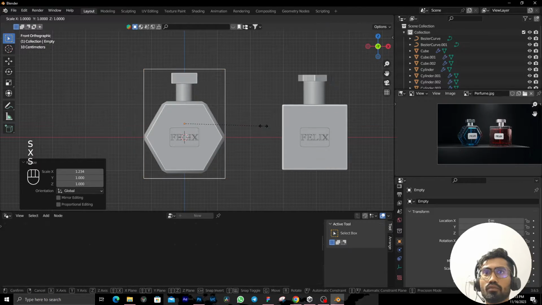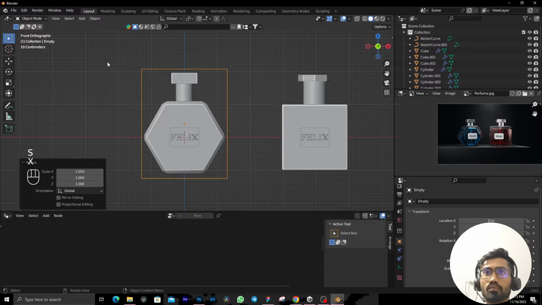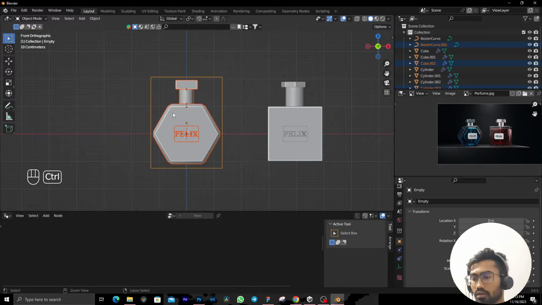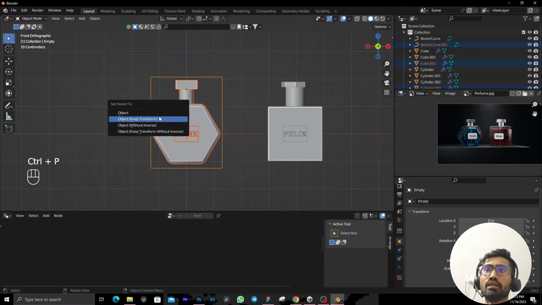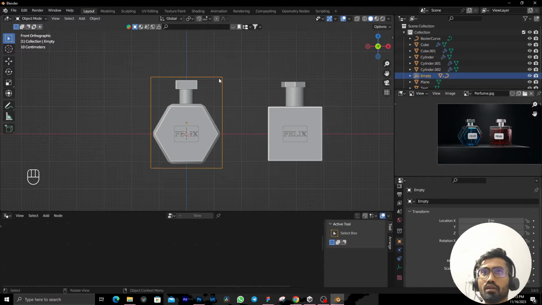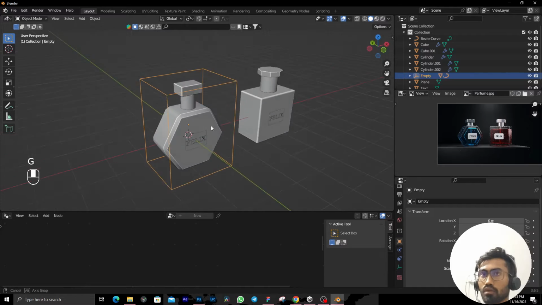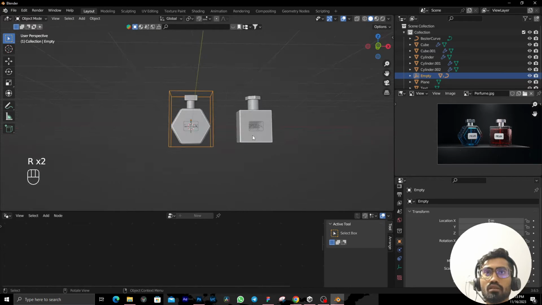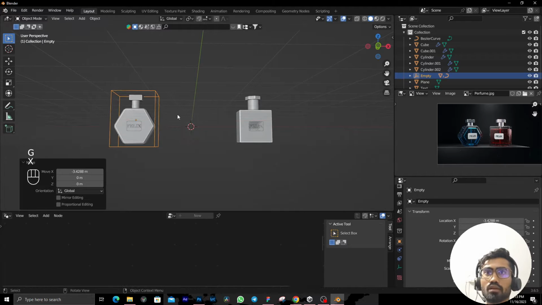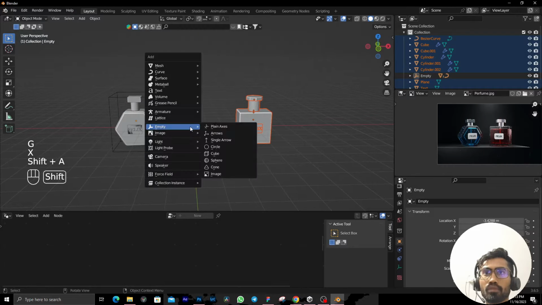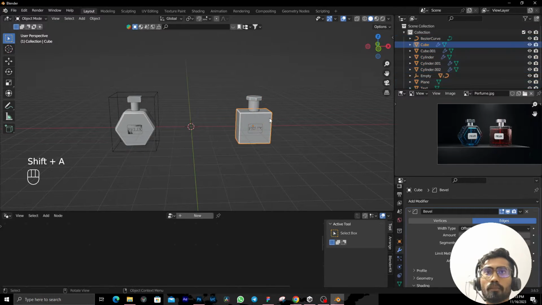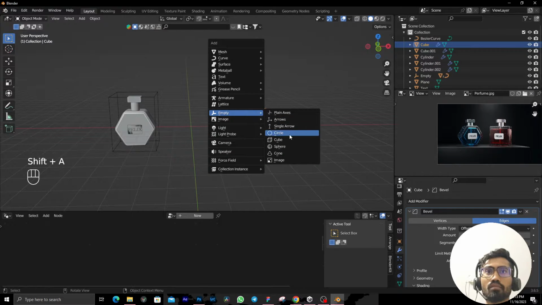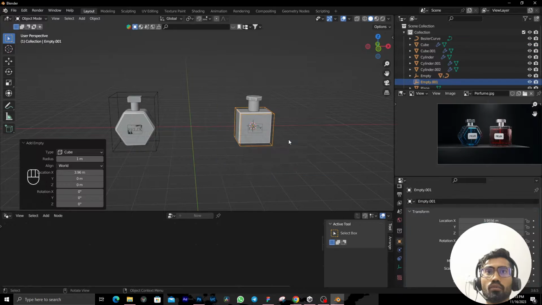So it will look like this. And I'm doing one thing while selecting the empty. Select everything, Control P, keep transform. Now, like this, you can control your whole portal and it will be easier for you. Same thing we're going to do with this X. We're going to add cursor to selected, empty, cube,